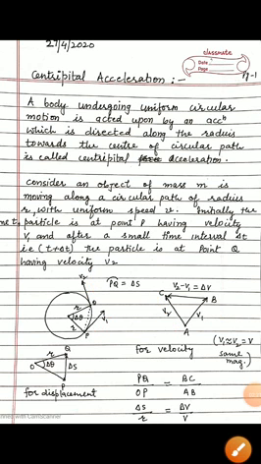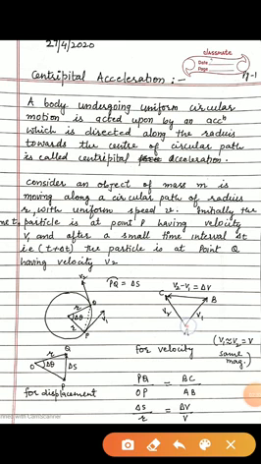So the change is what? This is BC. How can this change be calculated? Dear students, if one vector is like this, having direction along this, and the second vector is like this, having direction along this, the closing side gives us the resultant. So from here we can calculate the change in velocity, which is found to be V2 minus V1, equal to delta V.